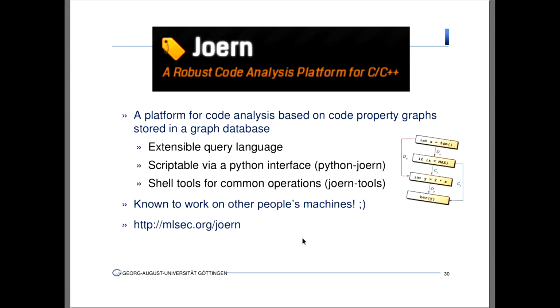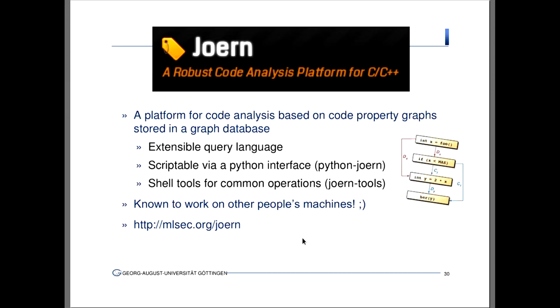This tool is called Joern, the robust code analysis platform for C and C++. Don't be fooled, it's mostly C, but if you throw something like Firefox at it, which is, let's say, nice C++, then it will also work for you. But if you throw something like the STL into it, then it will fail miserably. Anyway, by definition, you get an extensible query language because you have Gremlin. And we provided a lot of different